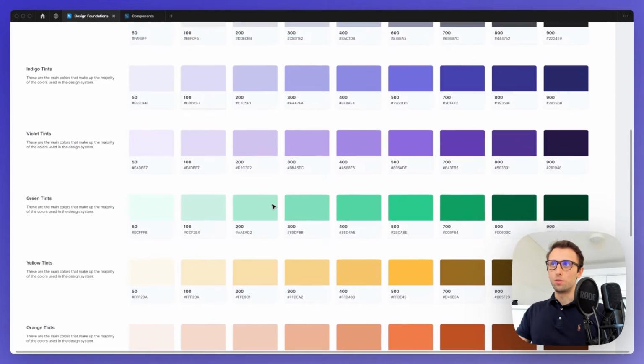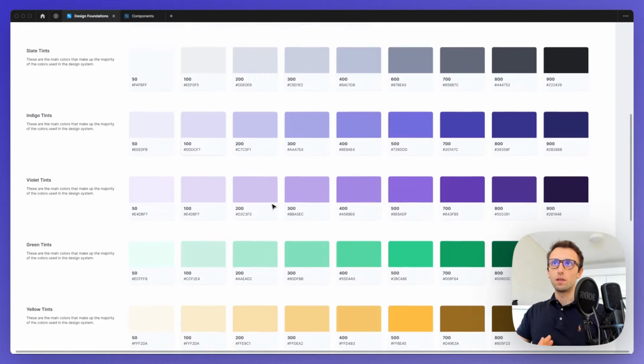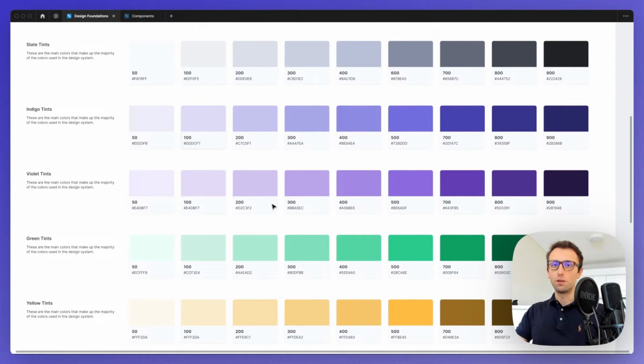But what I like to do is to always keep options open, because you never know when you might need a shade or another. So by having a vast array of shades, you're going to have a lot of flexibility when it comes to